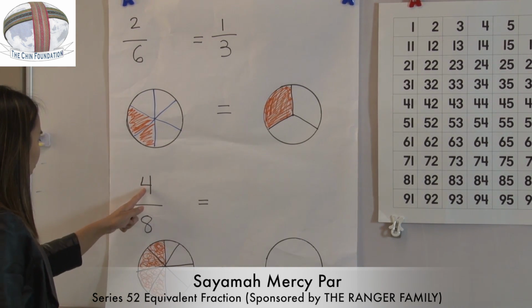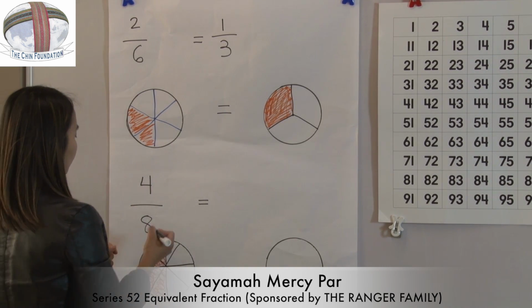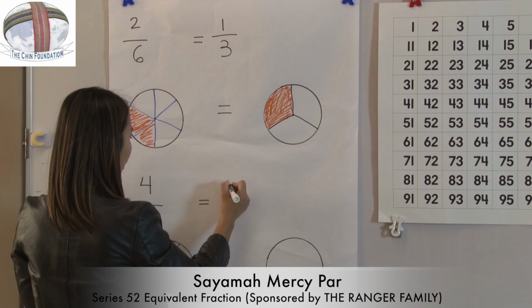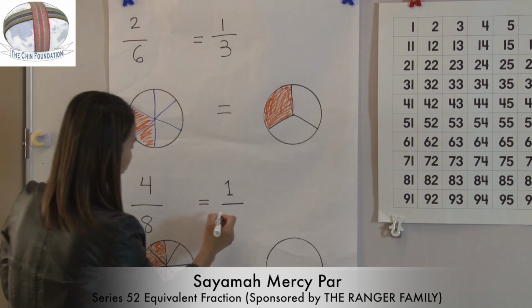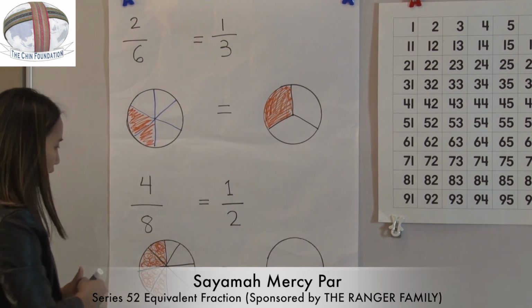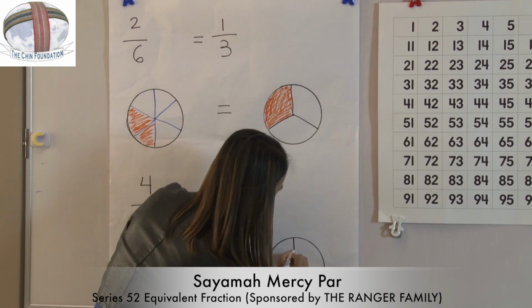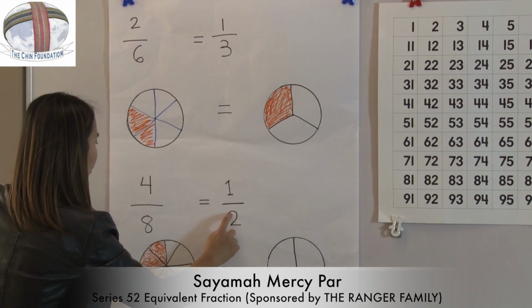Okay, let's think about this. 4 times 1 is 4. 4 times 2 is 8. So that means half. So I'll make it this fraction half. Okay, 1, 2, and then I will cut